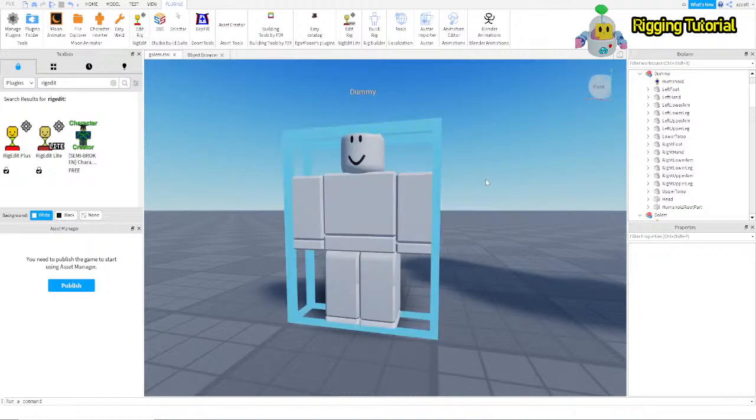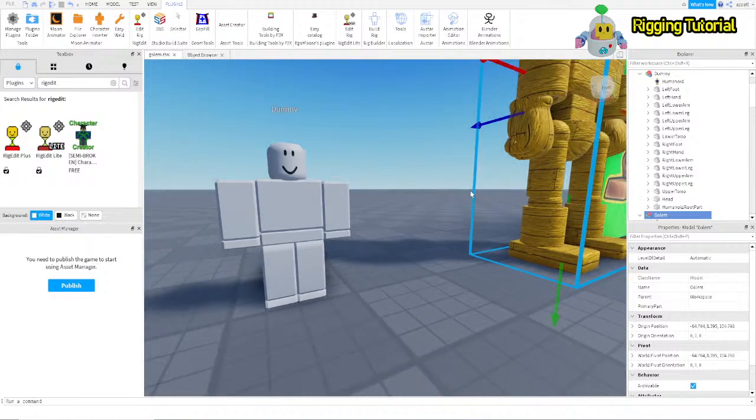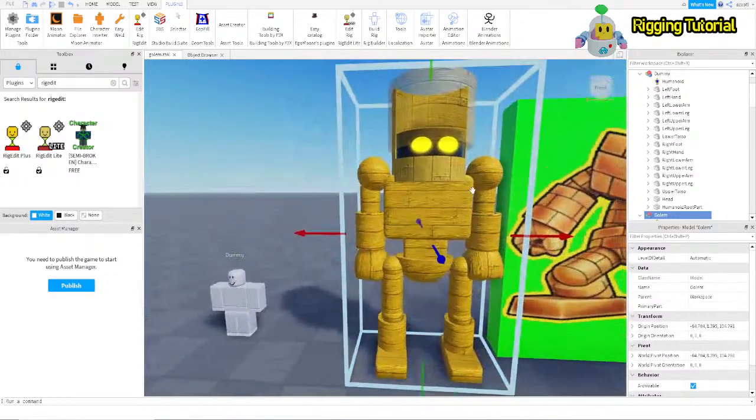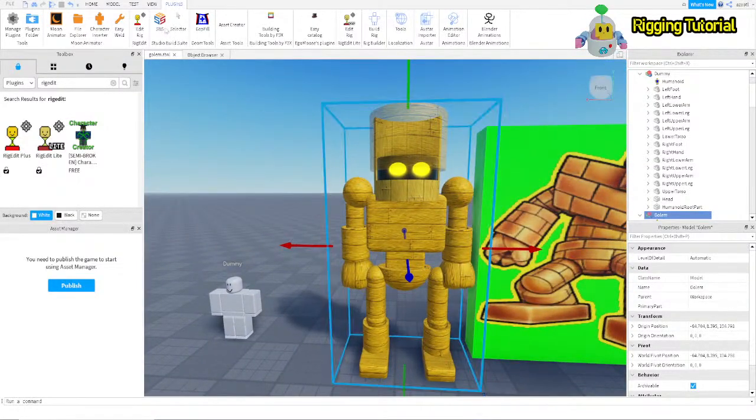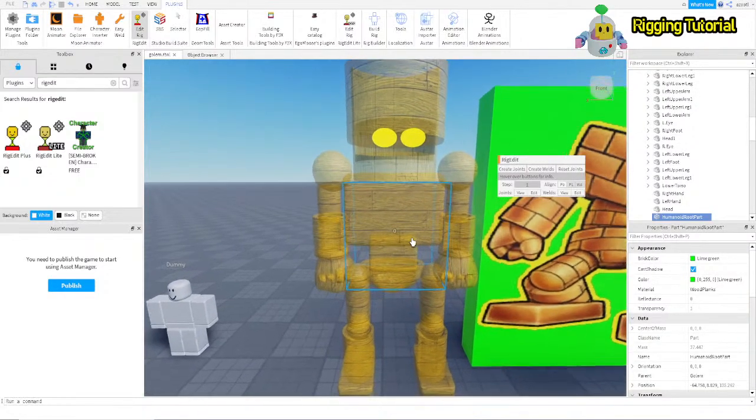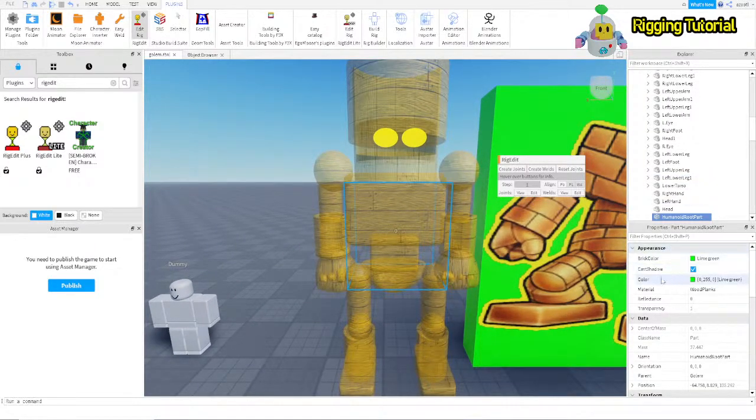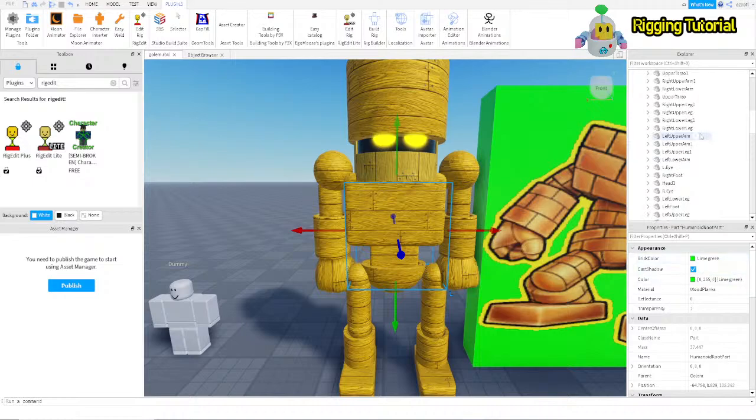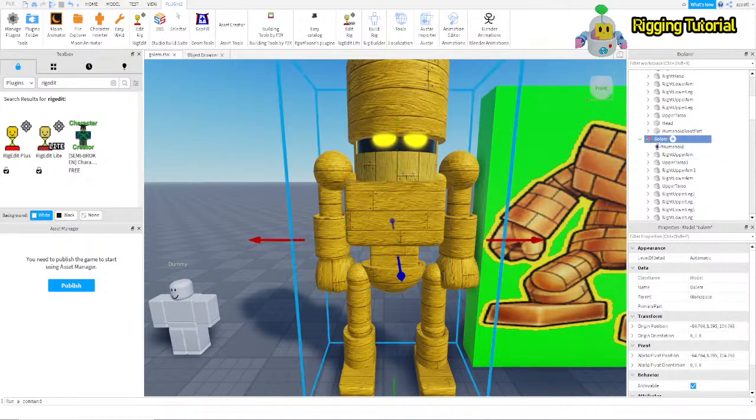Well, let's start with this huge guy. We select again, and then we have the model. The first thing that I will do here, before that, let me go to my golem. Make sure that the primary part in your golem or in your custom character